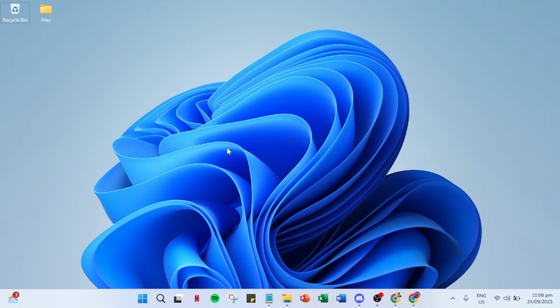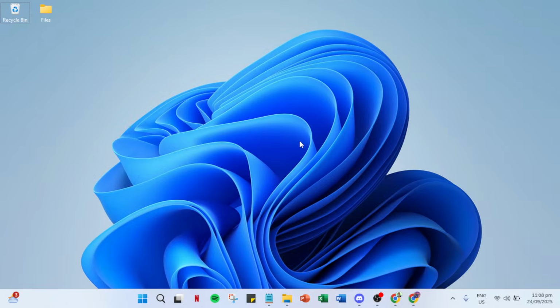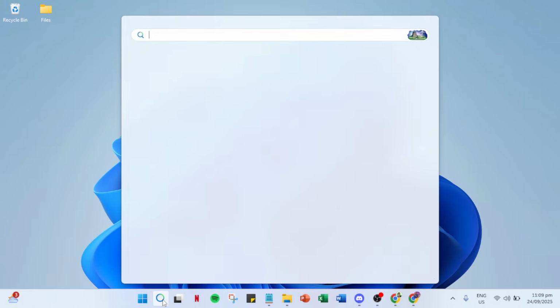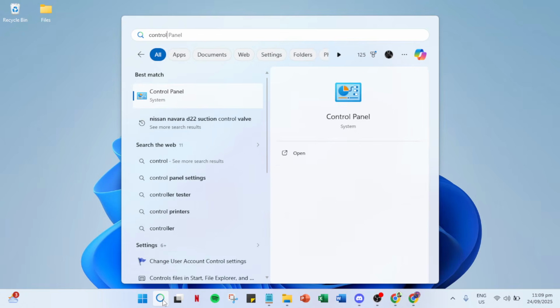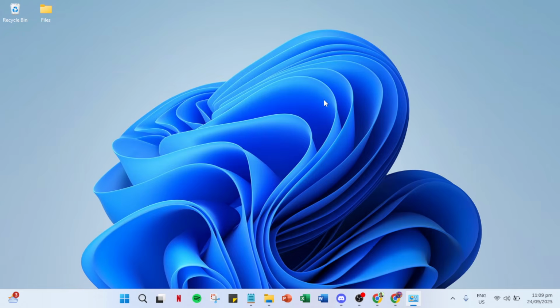Once your computer wakes up from the black screen, it's essential to address potential underlying causes to avoid this issue in the future. Head over to the Control Panel on your machine. You can do this by typing Control Panel into the search bar, which is usually located at the bottom left of your screen, and then selecting it from the list of results. Once you're in the Control Panel, look for a section called Programs and Features. This is where you can manage the software installed on your computer. Click on it, and a list of all installed programs will appear.